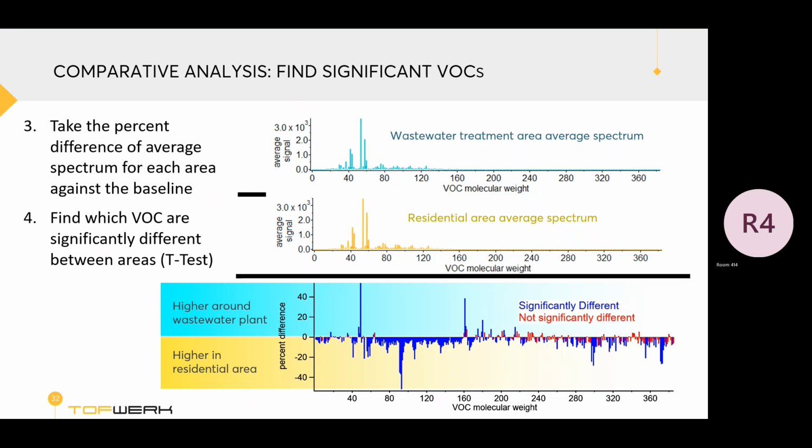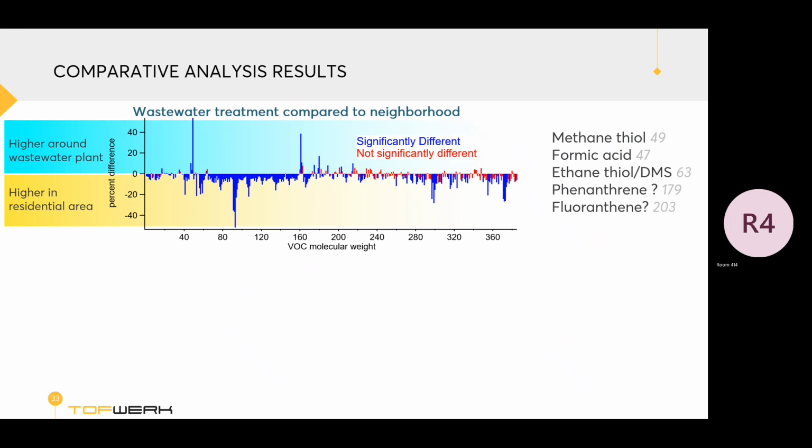And then some VOCs immediately pop out. We see methyl thiol here, which we already discovered. So that's a nice confirmation that we're on the right track. This really big spike here is actually formic acid. We proposed some tentative IDs for other VOCs at high molecular weight. They might actually be